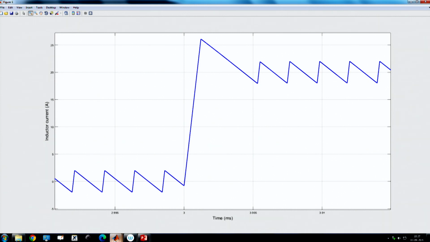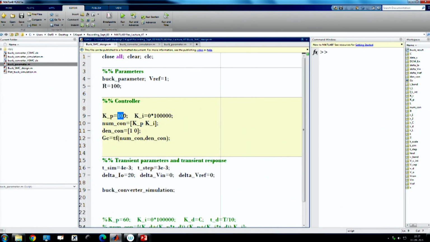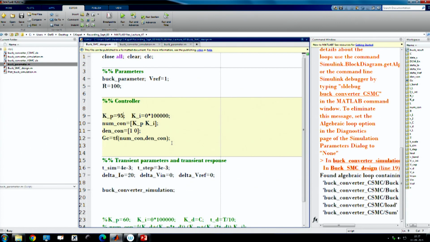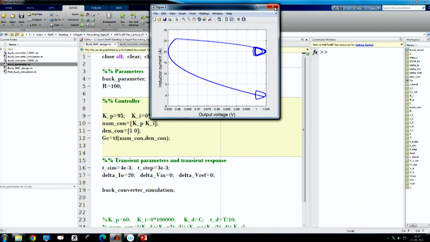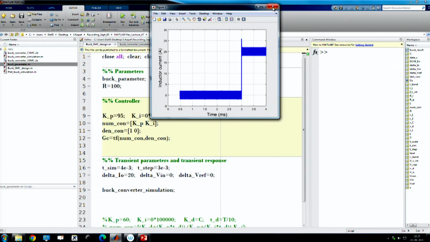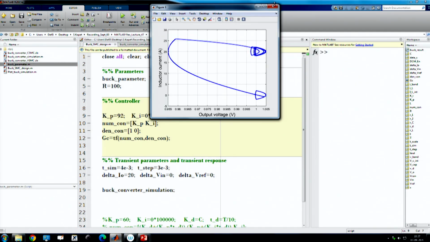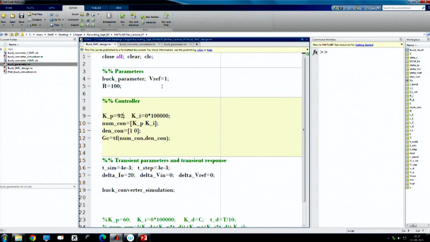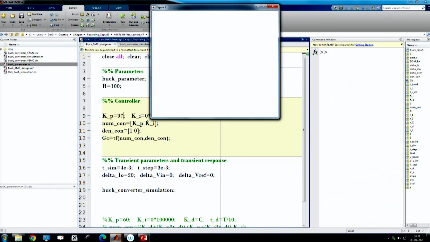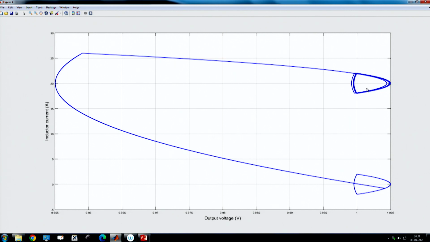Now, if we change it further, let us say 95 or so, by that way we will come almost close to the optimal response, and we can further change the gain and see how it looks. That means we are playing with the gain. I think we should make it 97. So, it is going close to that. That means it is almost reaching steady state in one switching action, and you can see it goes on, then turns off and reaches here.